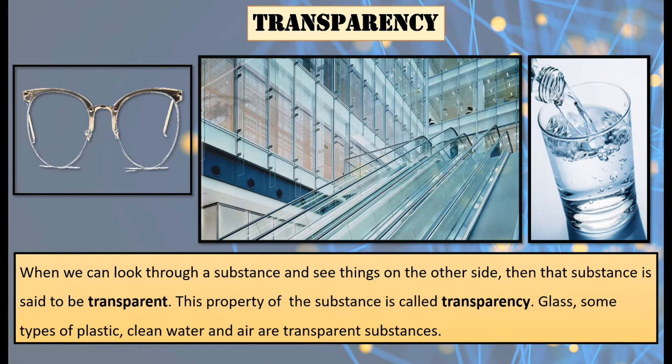The same way it goes for glass and the sliding windows that you have in the house. If they are transparent, it means if you can see things outside and the outside person can see the things inside, that type of substance is called a transparent substance, and the property of the substance is called transparency. Now we move on to the next part of the chapter, that is